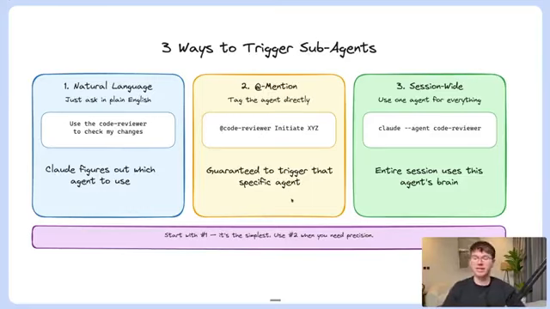Create the task. Now this is guaranteed to trigger because you're referencing that specific agent only, right? And then finally, we have session-wide, which is use one agent for everything. So use Claude / agent code reviewer. So my advice is to start with the first one, natural language, because that is the easiest to start with,